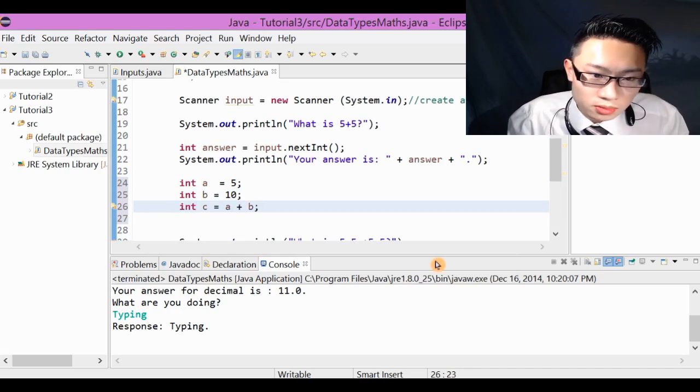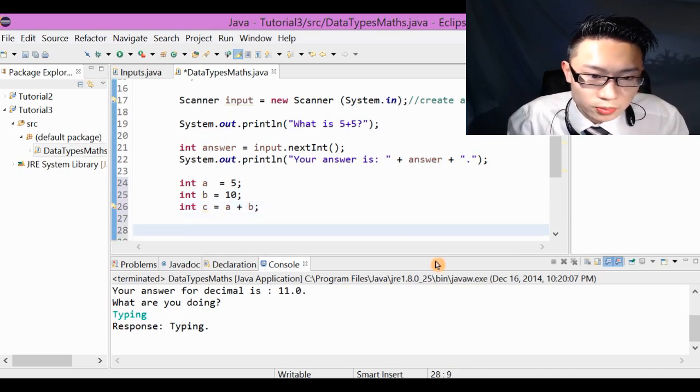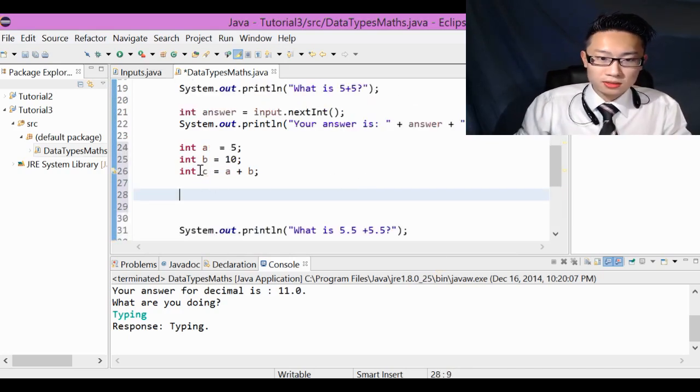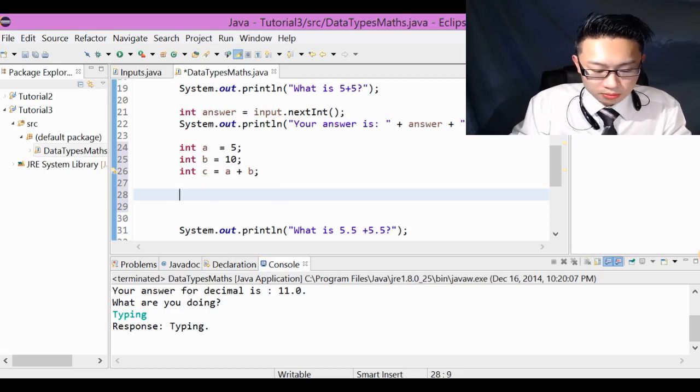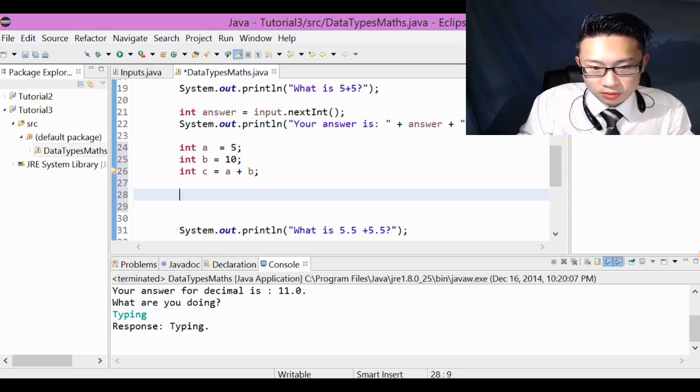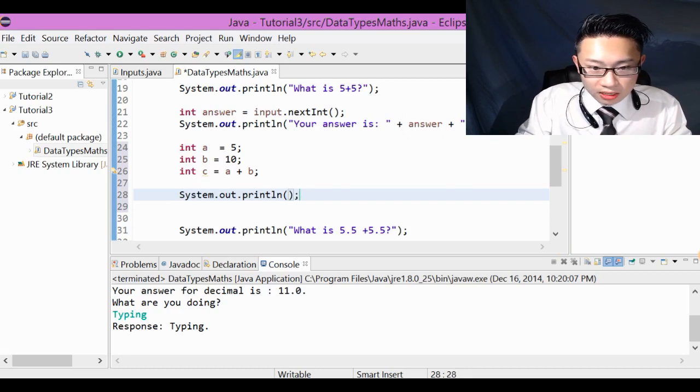To compute that, we can just put c in our System.out.println statement. If a is 5, b is 10, and c is equal to a plus b,